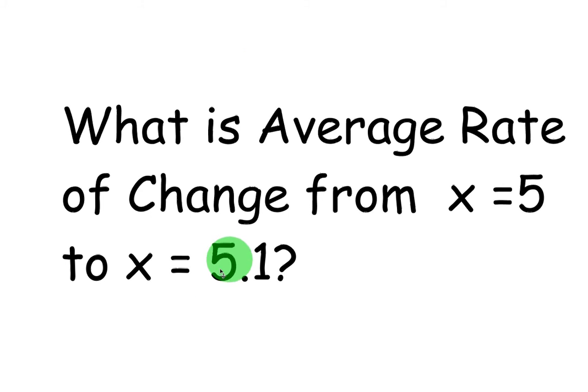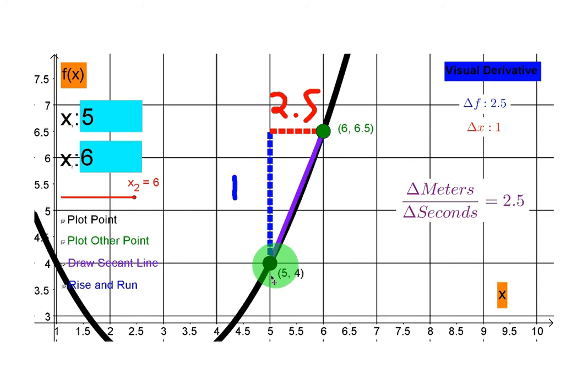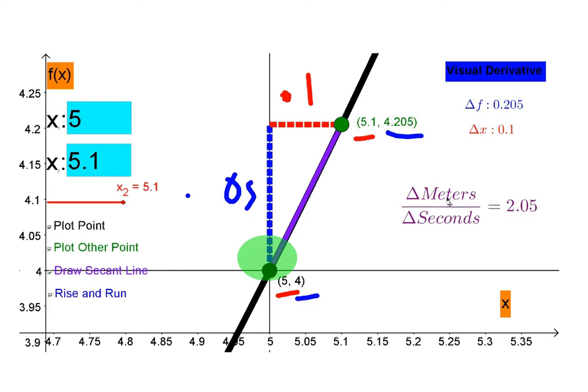Let's try 5.1. What would be the average rate of change from 5 to 5.1? That'd be pretty close, right? The points would be almost on top of each other, so that's what we're going to do. So if we zoom in on our quadratic function at 5.1, we get a y value of